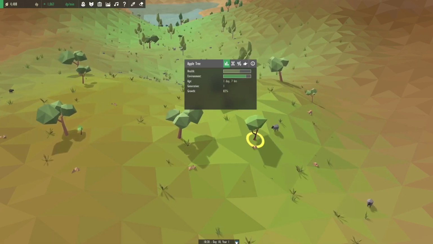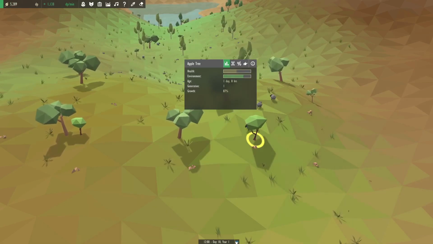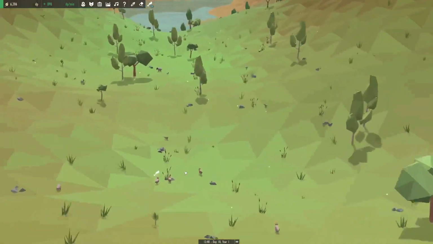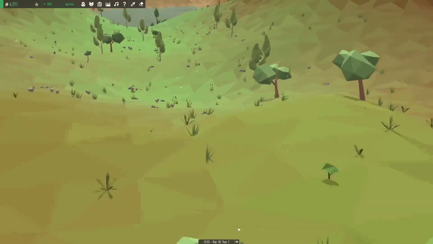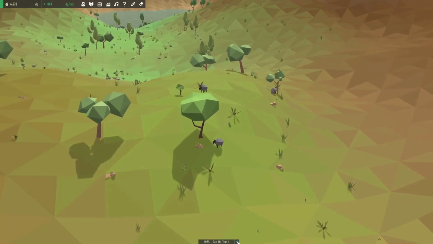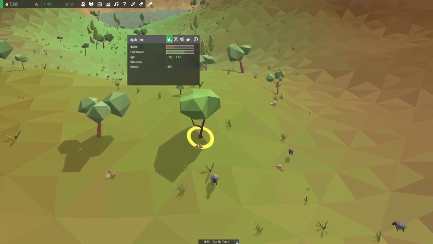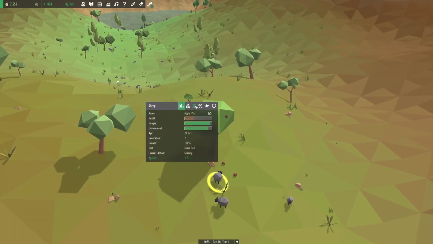You can see we're just waiting for this one tree to get up to 100% growth. Advancing time like this also lets us see, oh, and someone is starving. And not anymore. Perfect, and now we have fruit. And now what we can do is we can start...